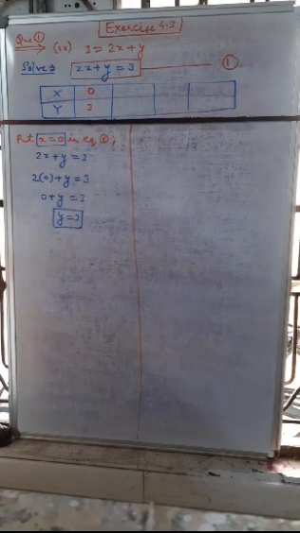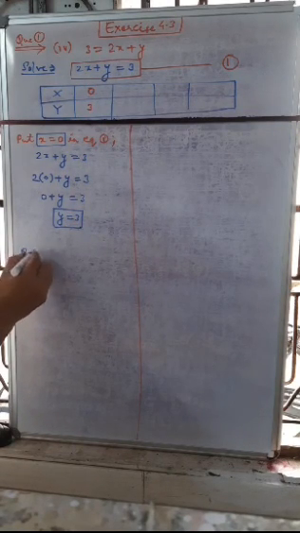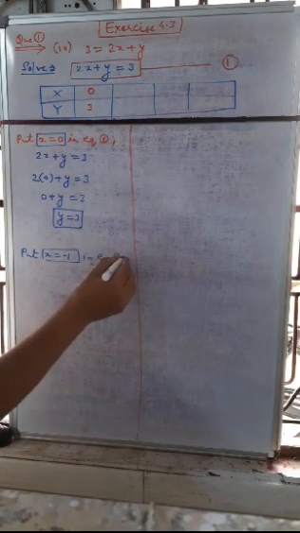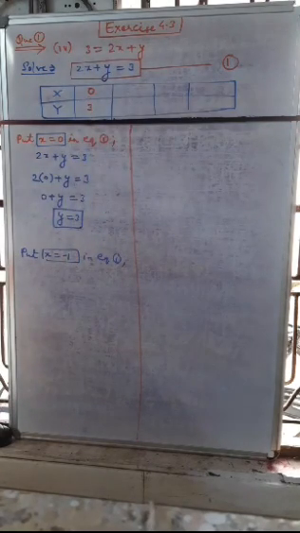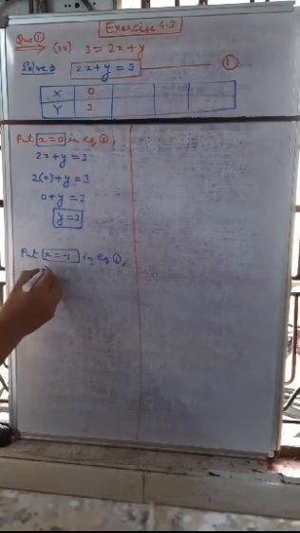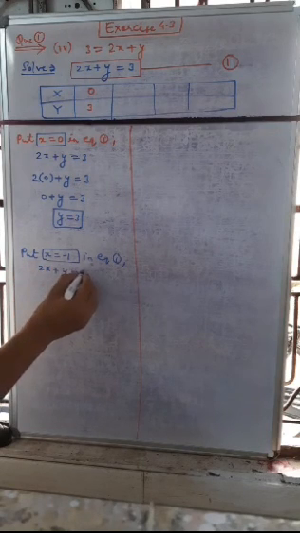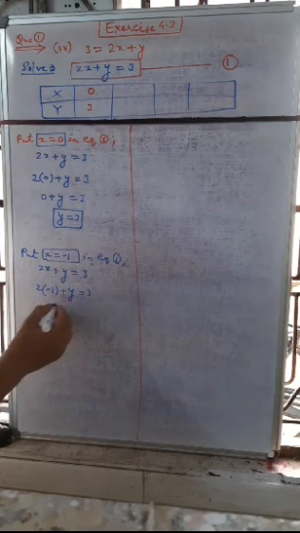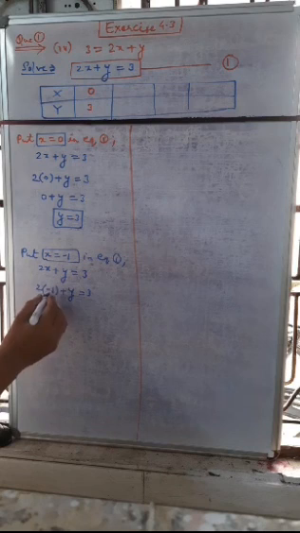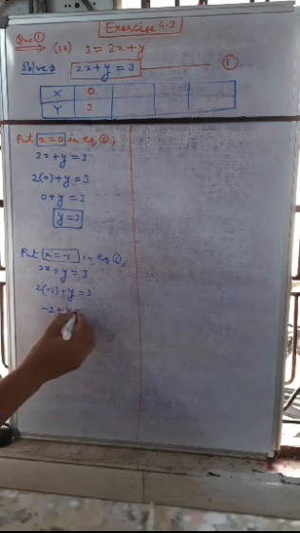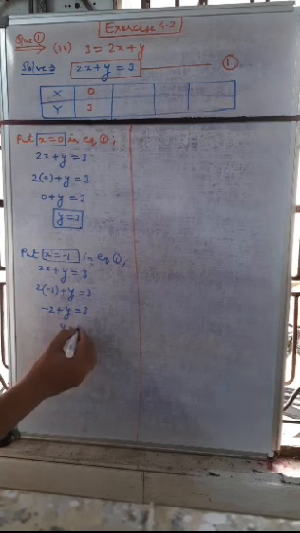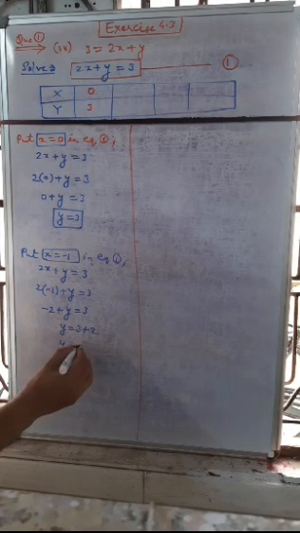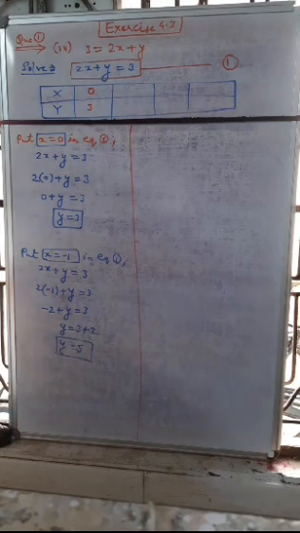Similarly we can put another value. Put x is equal to minus 1 in equation 1. The same equation we will use. So we have the equation 2x plus y is equal to 3. So 2 into minus 1 plus y is equal to 3. Then 2 ones are 2, but here the minus sign stays, so minus 2 plus y is equal to 3. So y is equal to 3, and minus 2 will be transferred to the right hand side, so it becomes positive. So y is equal to 5. Now we have two values.